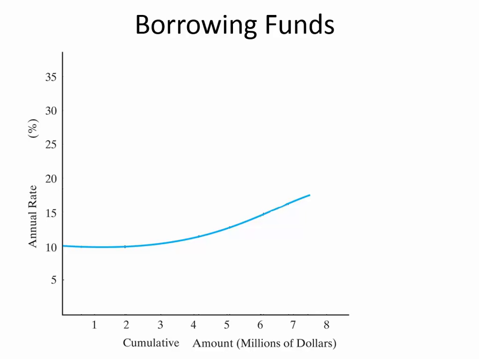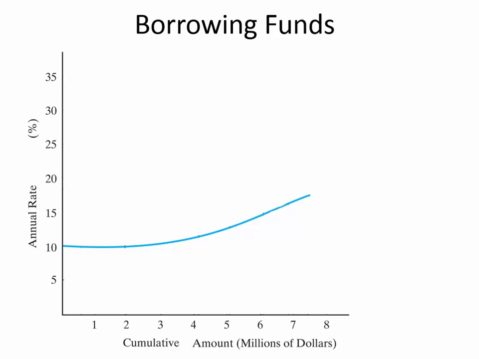On the horizontal axis is the cumulative amount of money that's been borrowed. And you can see each one of these is $1 million. 1 million, 2 million, 3 million. On the vertical axis, it's the annual percentage rate that you're paying on the money that's being borrowed. And so there's a trend here. It looks like at first the trend is relatively flat, that it costs the same interest rate to borrow $1 million as it does to borrow $2 million. That whoever it is that's borrowing this money, the bank will give them a 10% rate whether they borrow 1